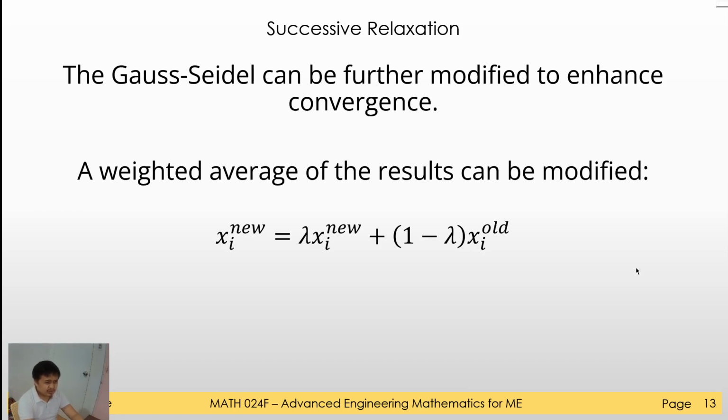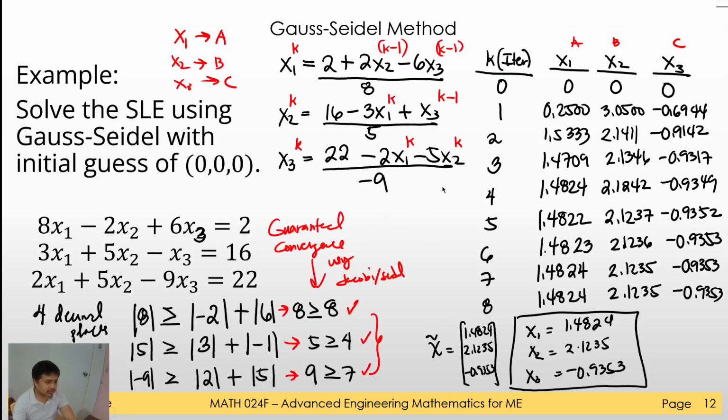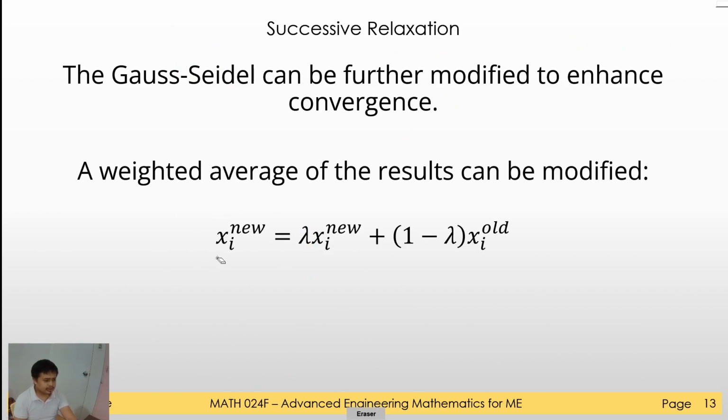And now the successive relaxation will have this relationship. So the value of your present approximation for a certain unknown, instead of having just either the previous or the most available new one, we can present this lambda and 1 minus lambda per equation. If we utilize this, as you can see,